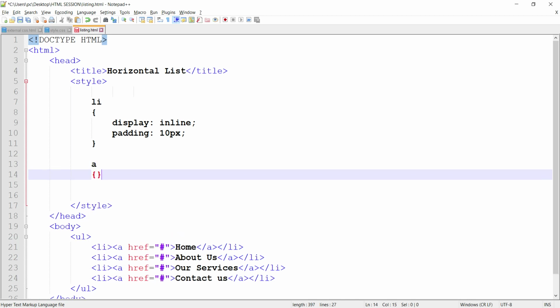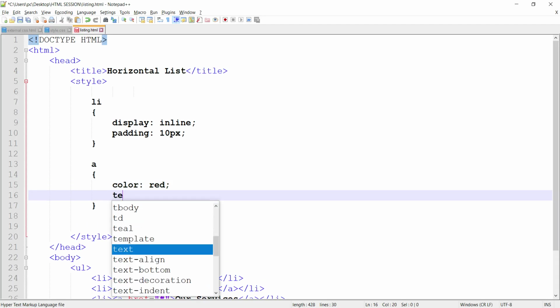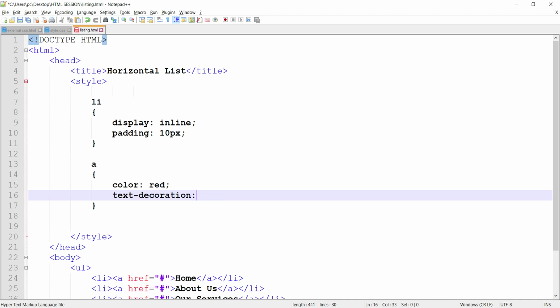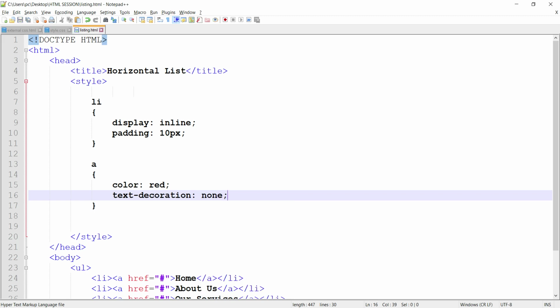So just simply type a, color. Red we got, but we don't want underline. To remove underline, the text decoration property is there, just set it to none.